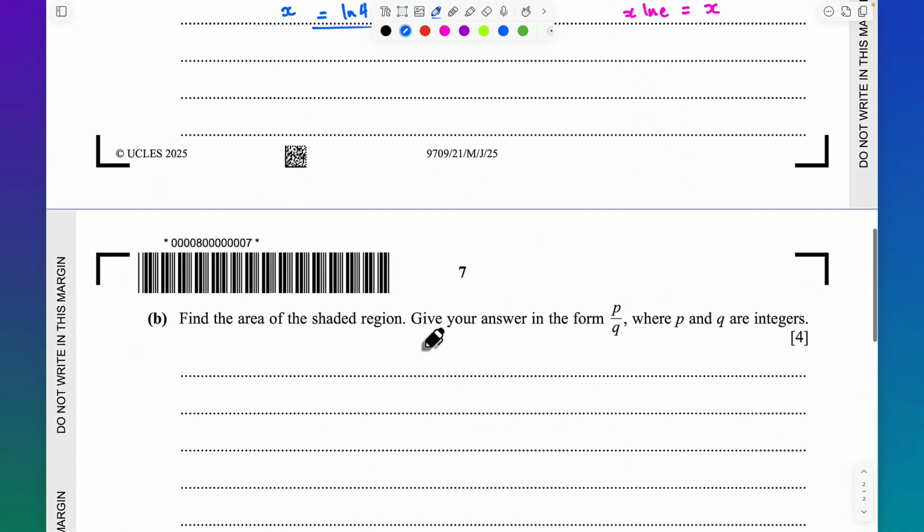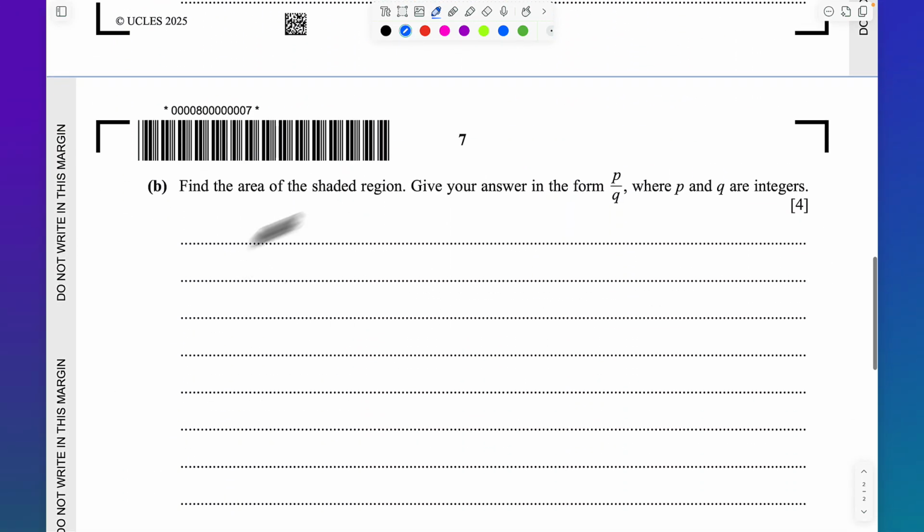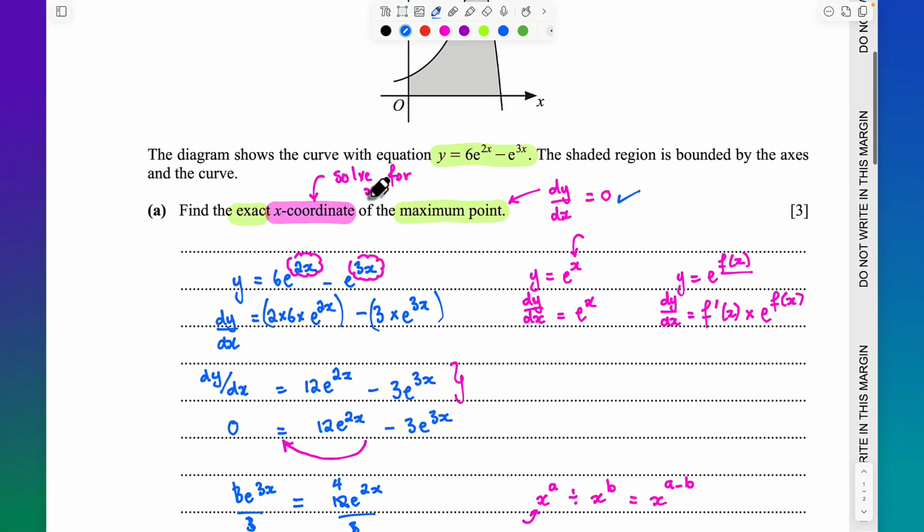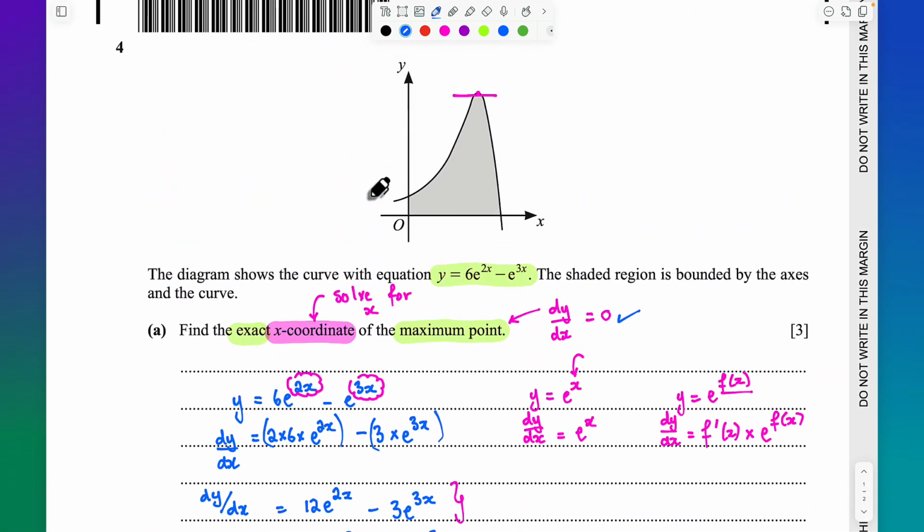In the next video, I am going to be working on finding the area of the shaded region, which is an integration question in this exact same problem. So I hope I see you in that next video. I hope this made sense. And yeah,